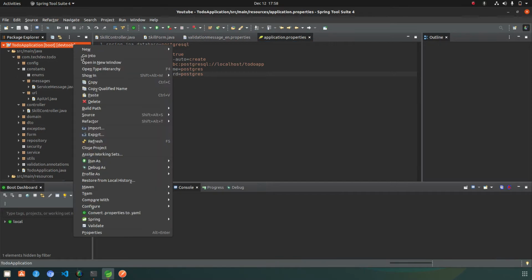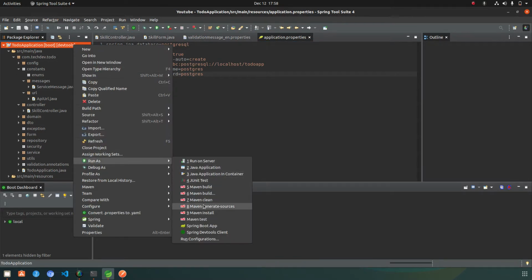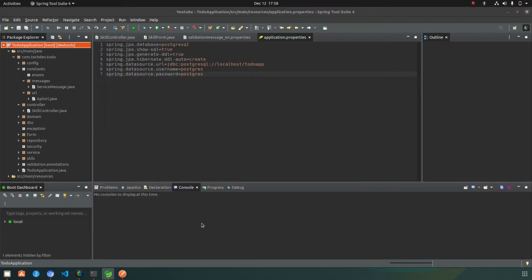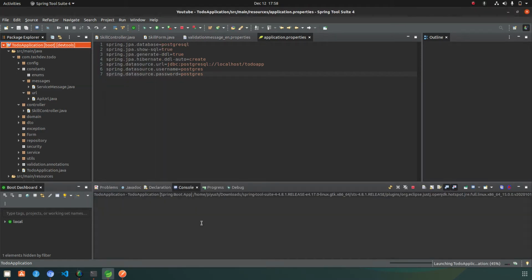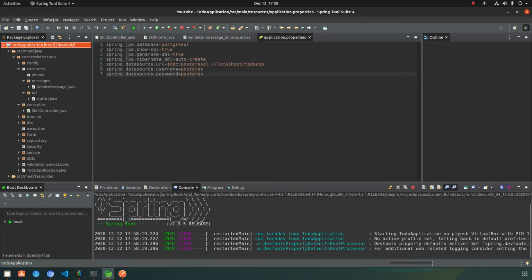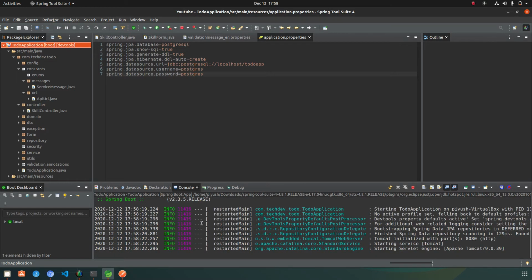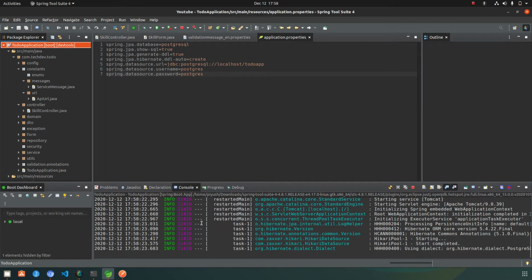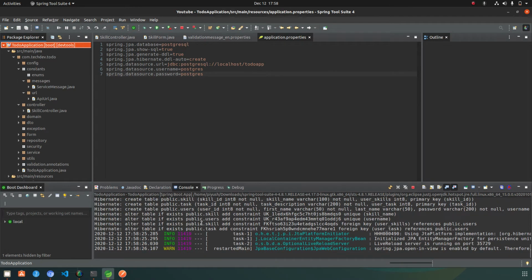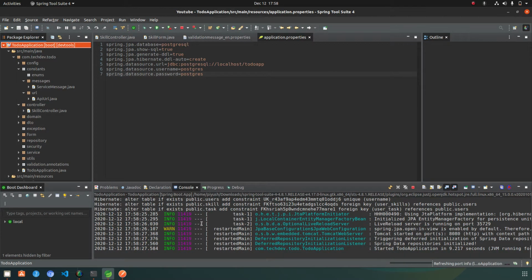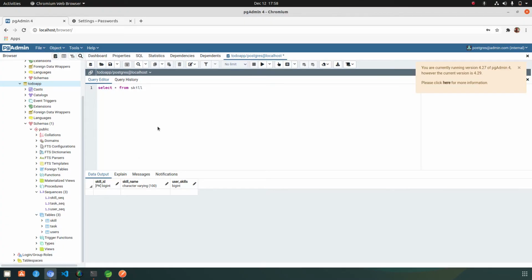So start the application, go to Run As Spring Boot App. As you can see, the server has been started. Let's see how much data we have in our database.